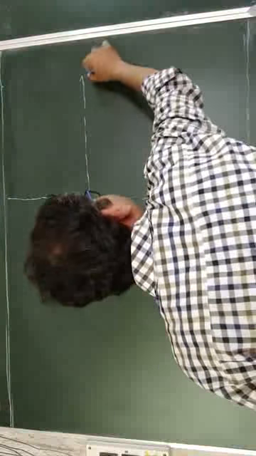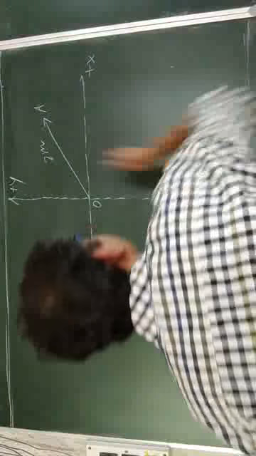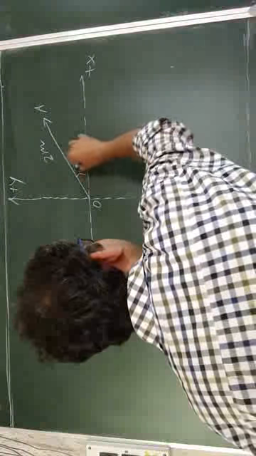This is positive x-axis, this is negative x-axis, this is negative y-axis, and this is positive y-axis. There is a force, vector OA, of magnitude 2 meter acting at an angle of 30 degree with positive x-axis,